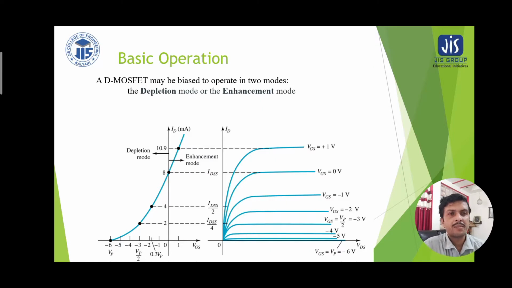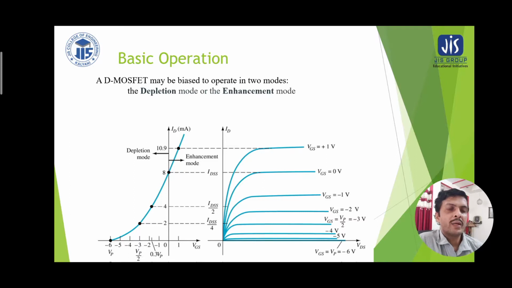Hence, it is pretty clear that the depletion mode MOSFET has been modified in such a manner that we can cross the drain to source saturation current to a great extent. That means we can increase the drain current to some higher value, and we can get the drain current more than the drain to source saturation current. So this is one of the great advantages of utilizing such a configuration.